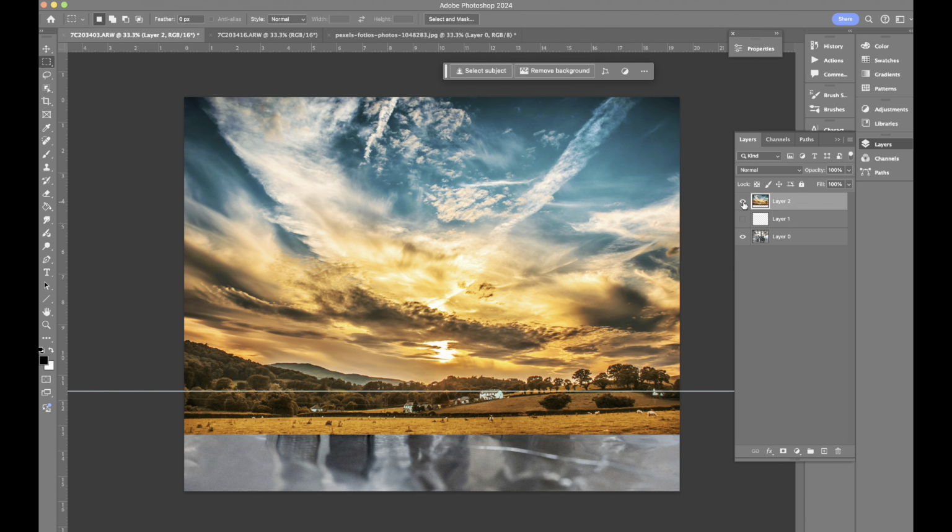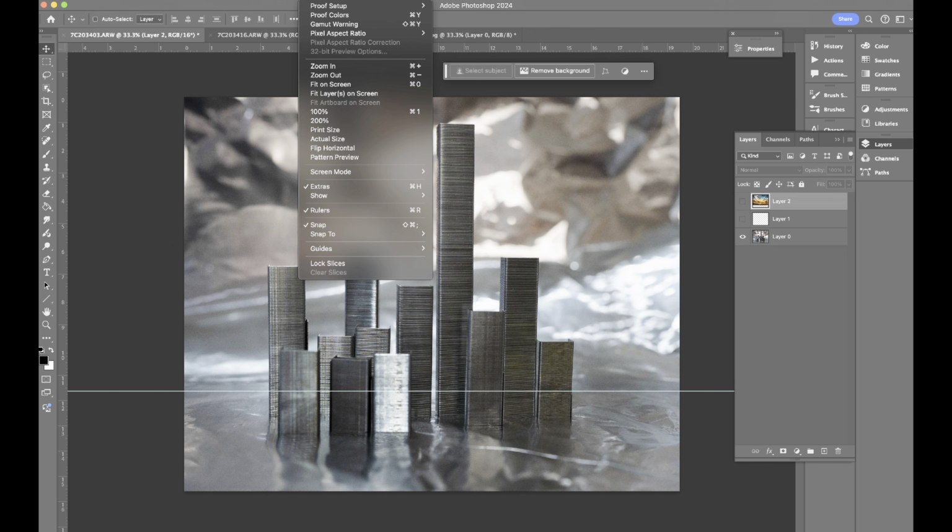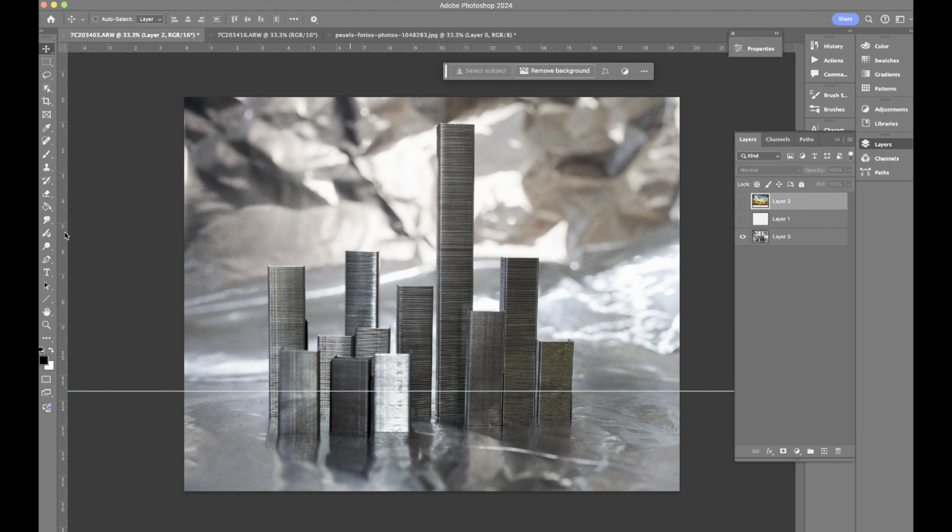So now, here's my sky, right here. And here's my staple city. You may wonder about this line here. This is a guideline. So if you see around the edge of Photoshop, you have a ruler. If you don't, you can just go over here and turn it off and on right here. But there's a ruler, and you could change it to metric, inches, whatever. But these guidelines, if you're in the Move tool and you drag one on, it helps you